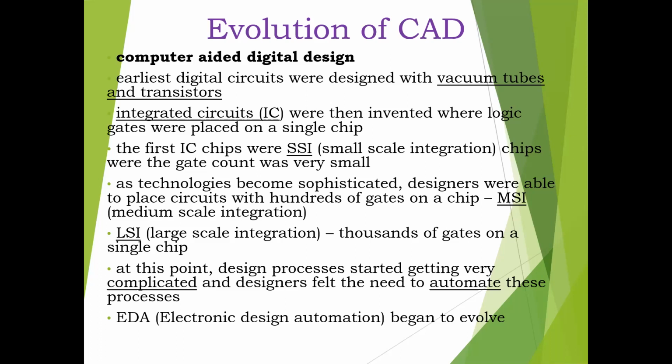So from vacuum tubes, they moved to transistors. They felt that when computers are coming, we need to automate our digital design process. Otherwise this is going to increase day by day. The gate count is definitely going to increase, and we will be in a very difficult situation, not able to do proper verification. So that is the beginning step, because of which EDA tools began to evolve.